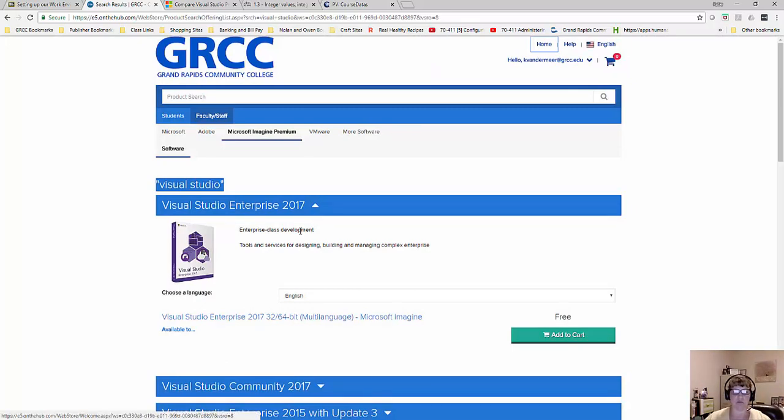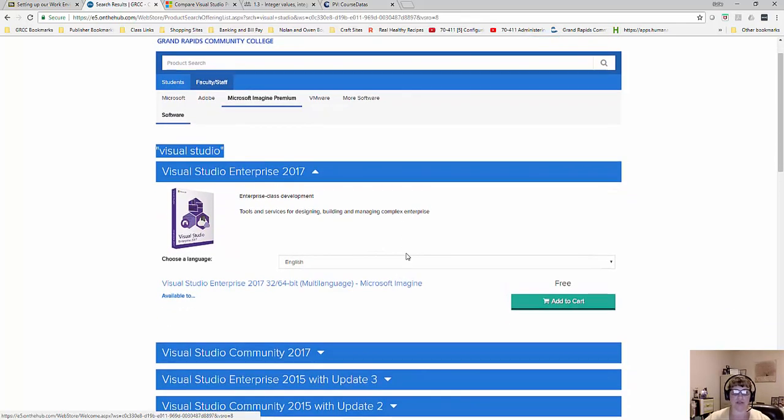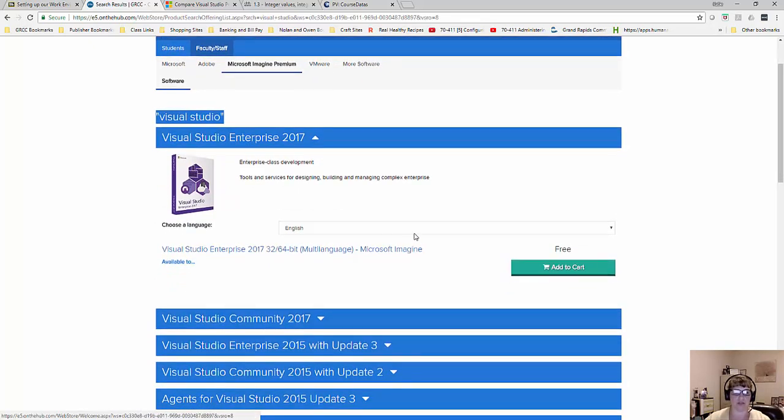Now this is a very big software program. It's a couple $1,000 if you were to buy it, but this is a student license. You can use it while you're a student at the college or any student. You can't build anything from this program and sell it for $1 million, but it is a great tool to use while you're learning programming languages.